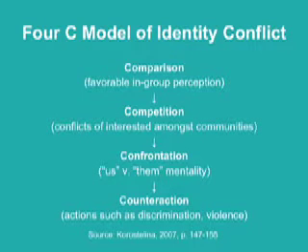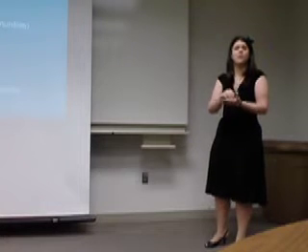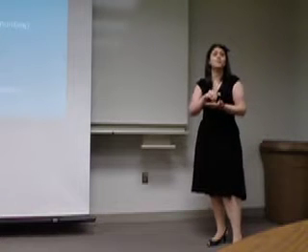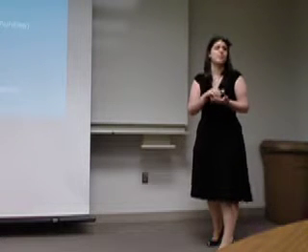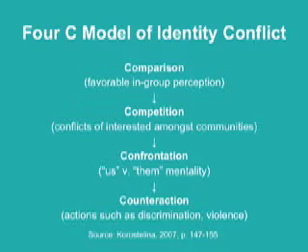That leads to confrontation. That is when social identity becomes very, very salient. And that is when it is cemented and becomes very concrete as to who we are, what we represent, what we want, and, most importantly, how we are different from them, and most of the time, how we are better than them. That leads to counteraction, violence, war, genocide, death. That is how it eventually leads to that.